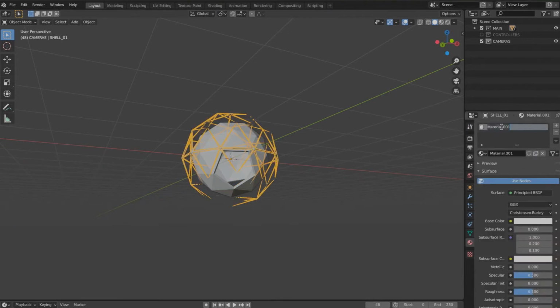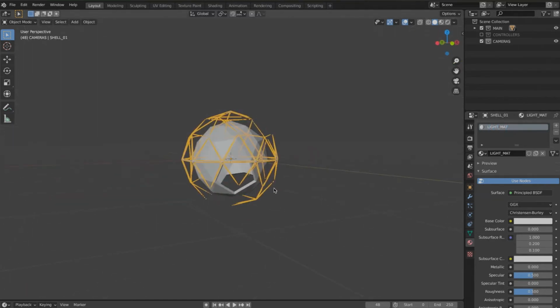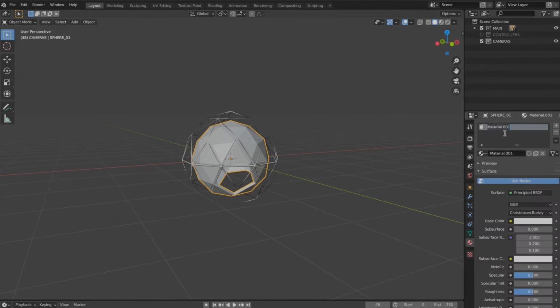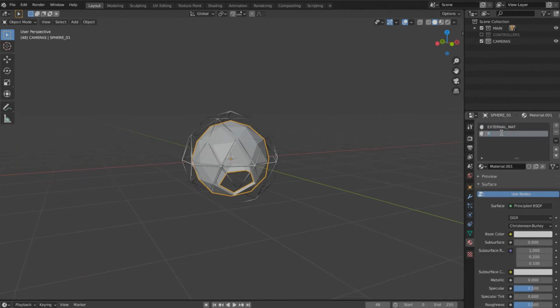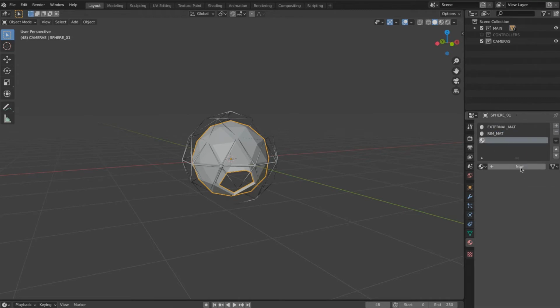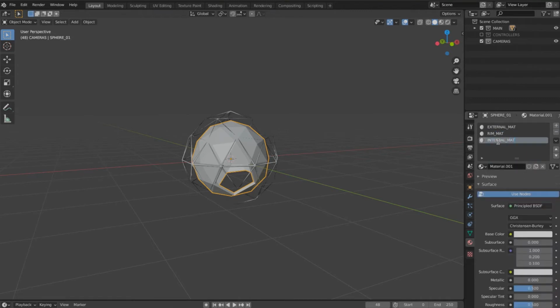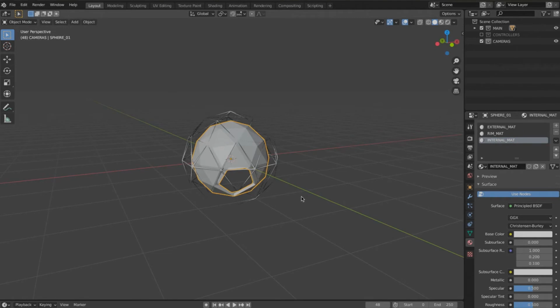Now we work on the materials. We set up 3 materials for the inner sphere and 1 material for the outer sphere. The 3 materials will be fed into the inner sphere through the solidify effect.